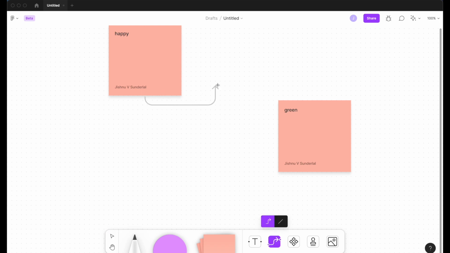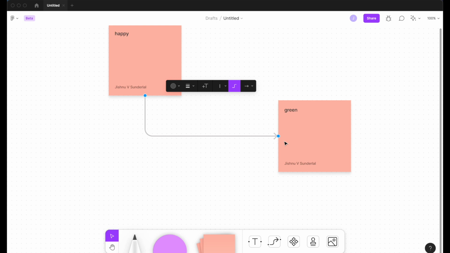Whatever size you want, it automatically changes according to the mouse pointer moves. See, it is changing. I am connecting this connector to this sticky note. See the magic. I have connected the arrow easily.